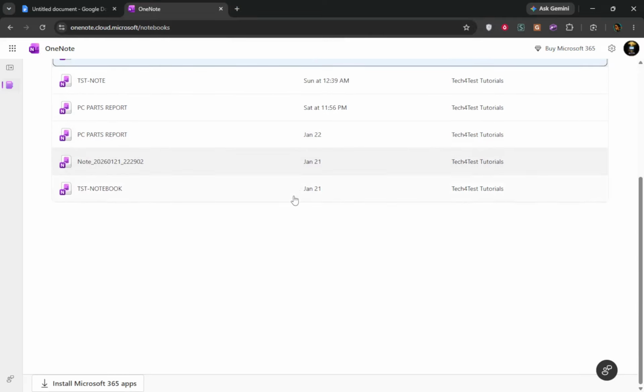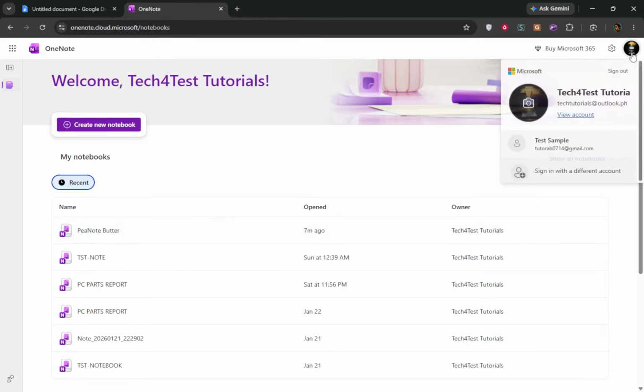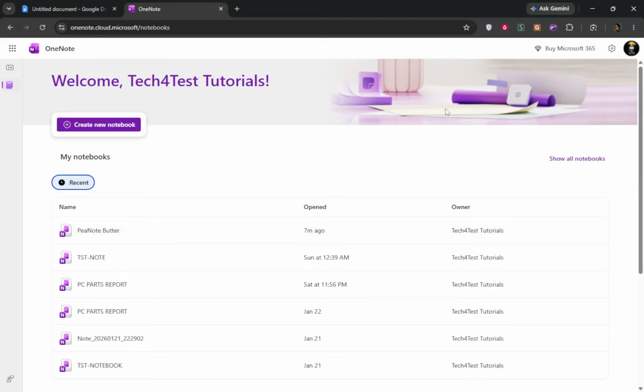First, go to OneNote on the web and sign in. This step ensures that you have access to your notebooks as OneNote's functionality is tied to your Microsoft account. You should see all your notebooks listed once you log in. This screen is usually very user-friendly, and you will easily find the notebook you wish to rename. Make sure you are signed into the correct account if you have multiple Microsoft accounts.